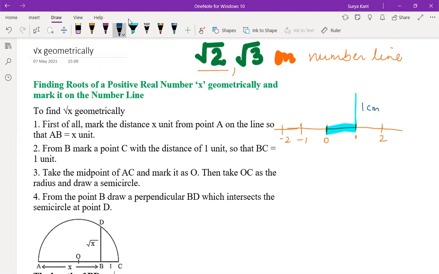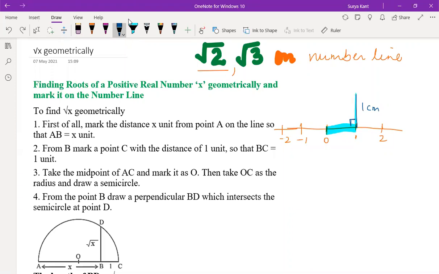You can draw in rough note actually right now, okay? So from 0 to 1 is 1 centimeter. At 1, just draw one 90-degree angle and draw one straight line. This is also 1 centimeter, okay? So if you take a line from here to here, what will be the value of this line?